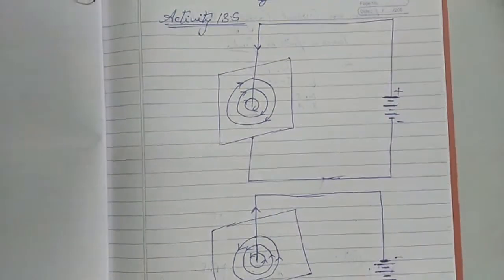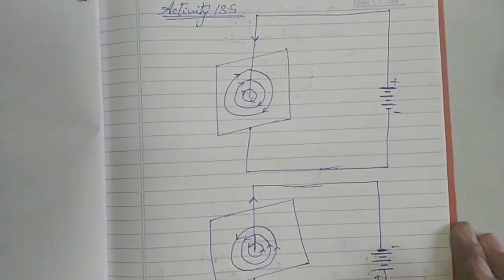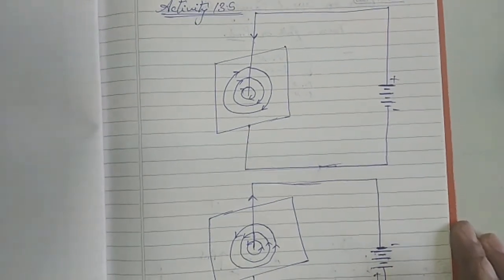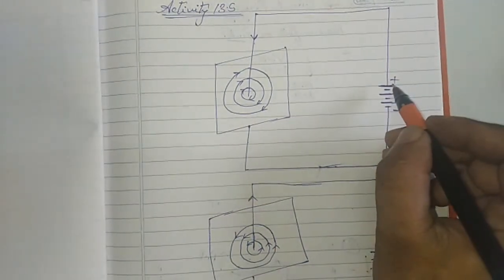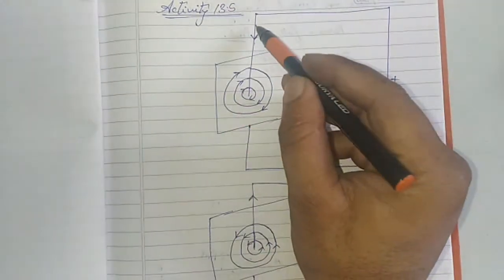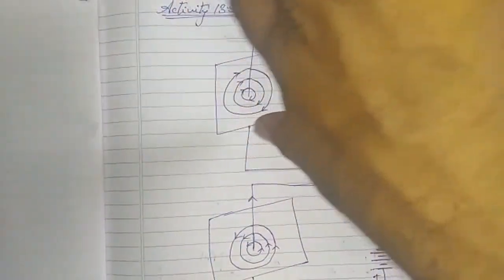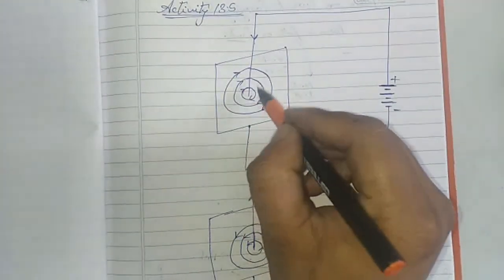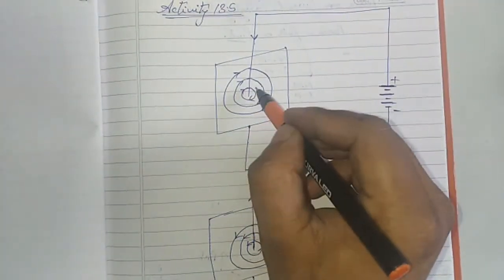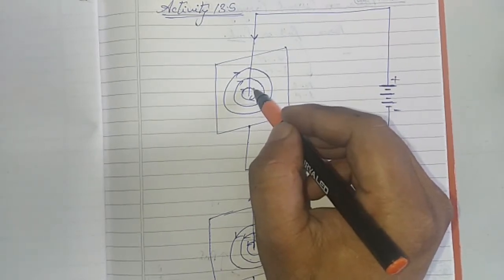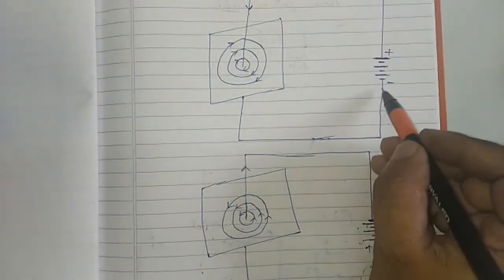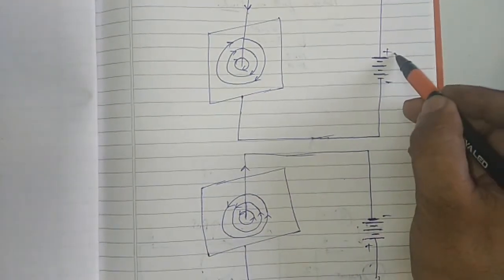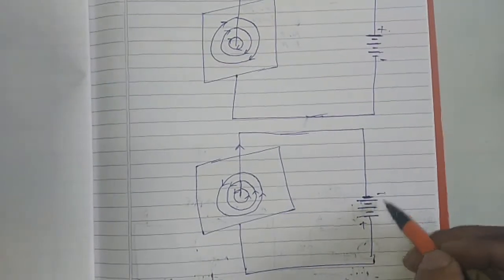So students, the activity which we have performed just now explains the magnetic field lines around a straight conductor. Whenever I change the terminals of the battery, if the current is in the downward direction, I apply the right hand thumb rule. So the magnetic field is along the clockwise direction. This clockwise direction is what the compass showed us, the compass was moving in the clockwise direction. If I change the direction of the current, here I have taken the negative terminal at the lower end and positive at the upper end. Now I have taken negative at the upper end and positive at the lower end.